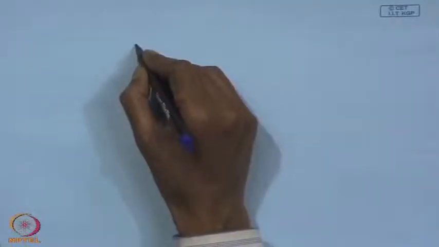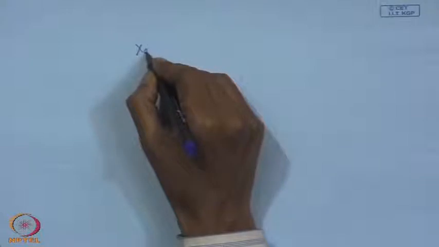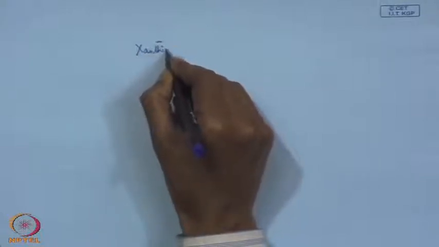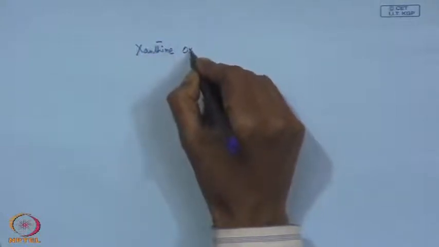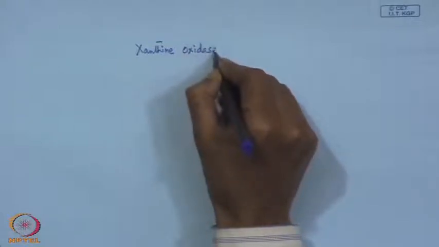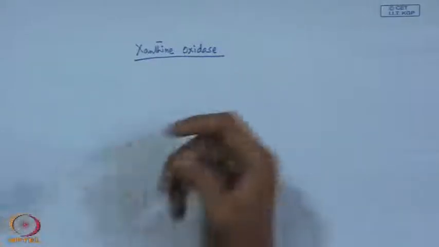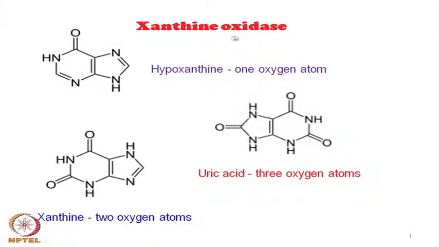Morning. So, today we will still continue with some of the aspects of our xanthine oxidase and other related oxidoreductases. So, as we are just looking at the xanthine oxidase, which is operating on hypoxanthine, xanthine and ultimately producing